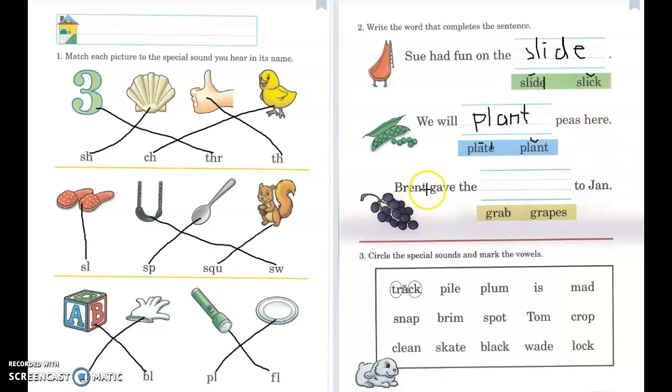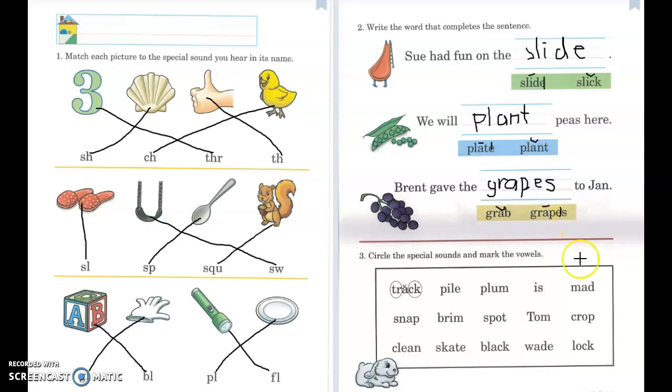Okay, last one. Brent gave the blank to Jan. So what's he giving her? Oh, it looks like he's giving her some grapes. Grapes has a long A sound, so I need to look for a word that has two vowels. This one only has one. This word is grab. He didn't give the grab to her, he gave her the grapes. This one has that long A sound I'm looking for, grapes. G, R, A, P, E,